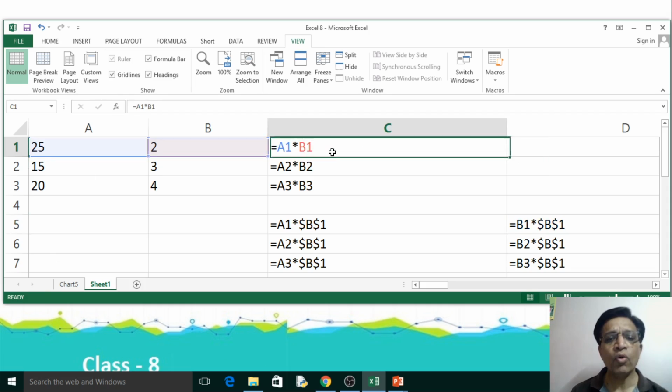And when both are relative like this, it is called relative reference, right? I hope things are clear. So today we learned what a cell reference is. There are three types of cell references in Excel: relative, mixed, and absolute.